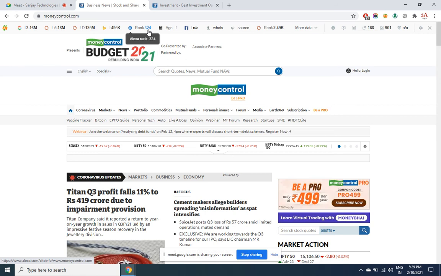So any Alexa rank even in 4 digits is considered a very superior website. Alexa rank in 3 digits is just amazing. The site valuation is in multi crores, minimum 100 crore. With Alexa rank in 3 digits, minimum 100 crore is the value of the blog or website, whatever it may be.